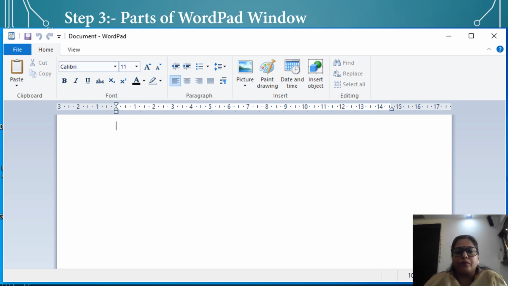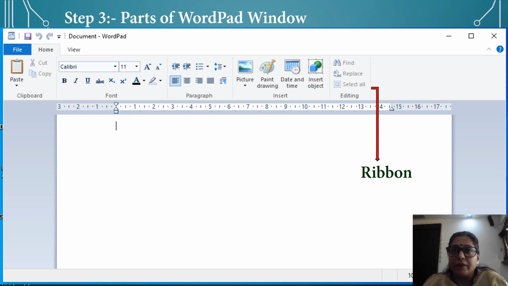Step 3. Students, you can see a WordPad window is open. WordPad window contains many parts. Let us learn about them. First one is ribbon. There are two parts of the ribbon, tabs and groups. There are many commands in each of the tabs.